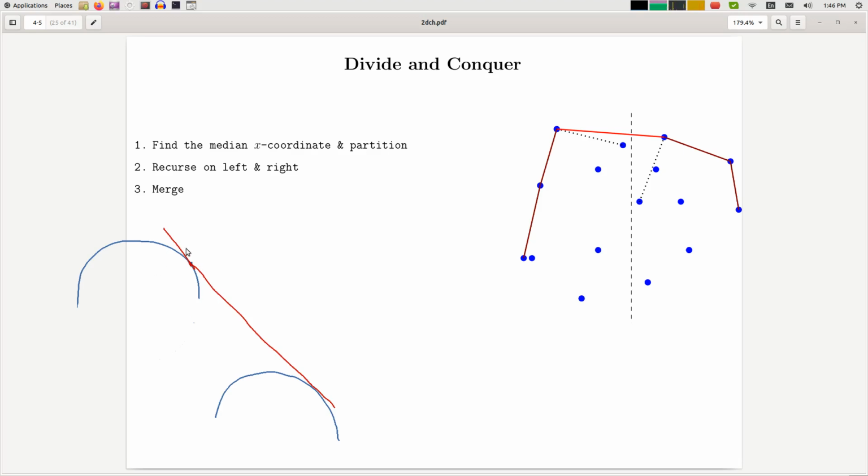I could also do the same thing on this half, and create this picture, right? So now that is an upper common tangent. So there is no general rule. So how do we find this? I'm going to look at that in the next